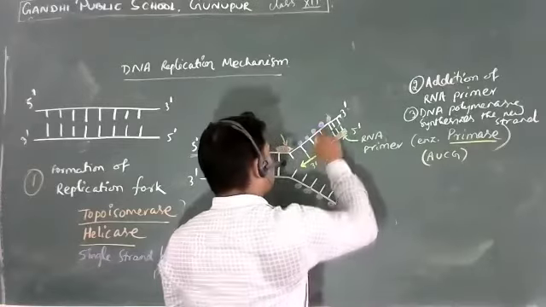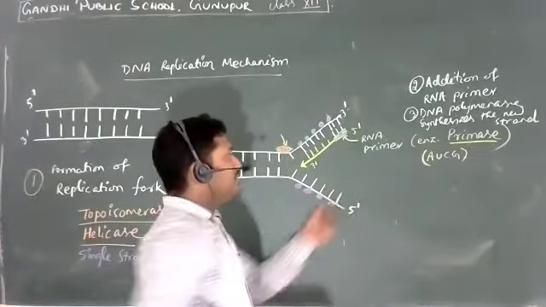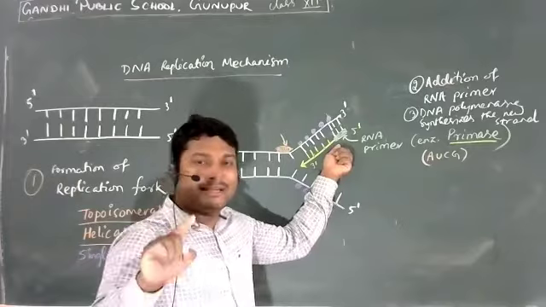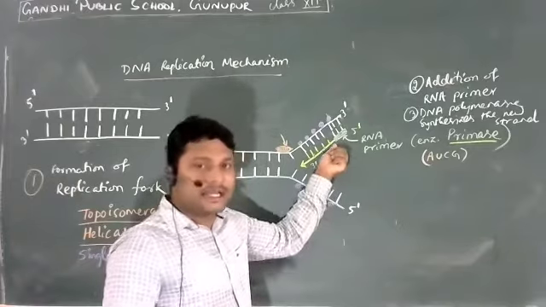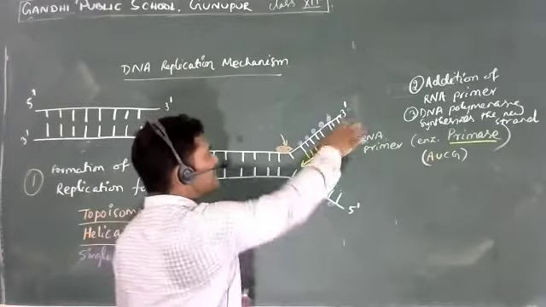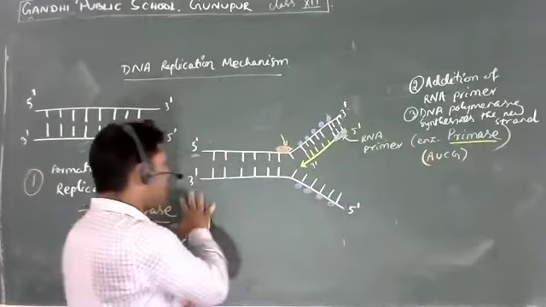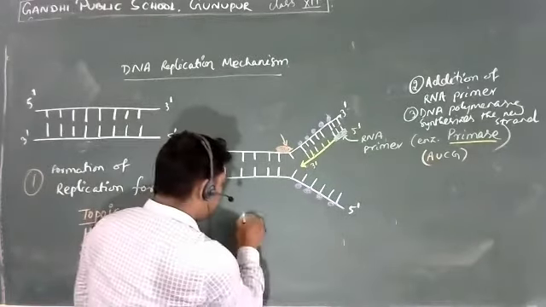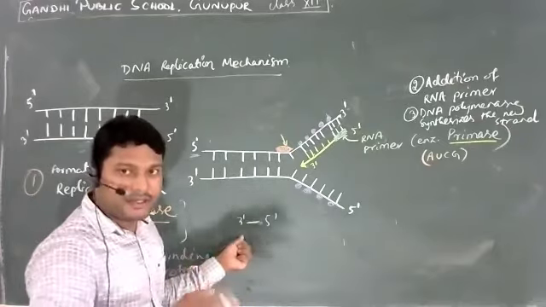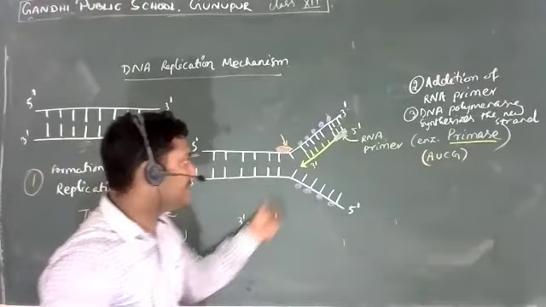Okay, so here the new strand is going to be produced. We have the RNA primer added first, followed by the enzyme, DNA polymerase, coming and polymerizing the new strand from 5' to 3' end. Now, on this side it is all right, but if you see the opposite strand, we have an orientation of 3' to 5'. And when we have 3' to 5', the problem is we cannot have the DNA synthesized in the same manner as we had here.